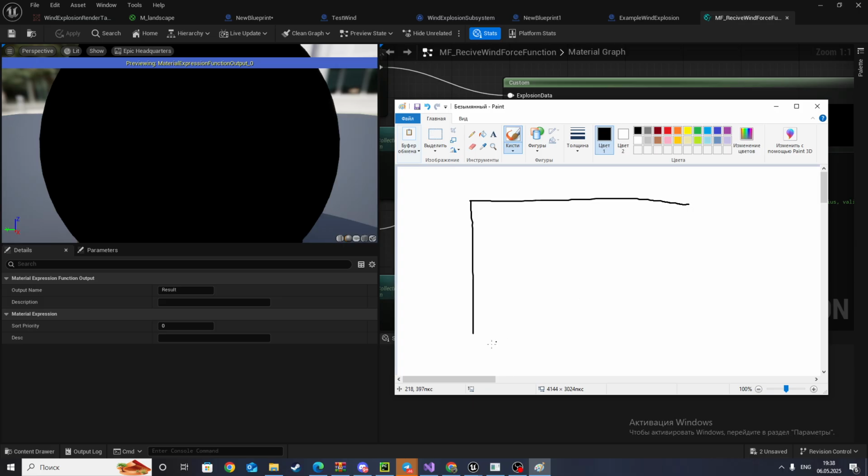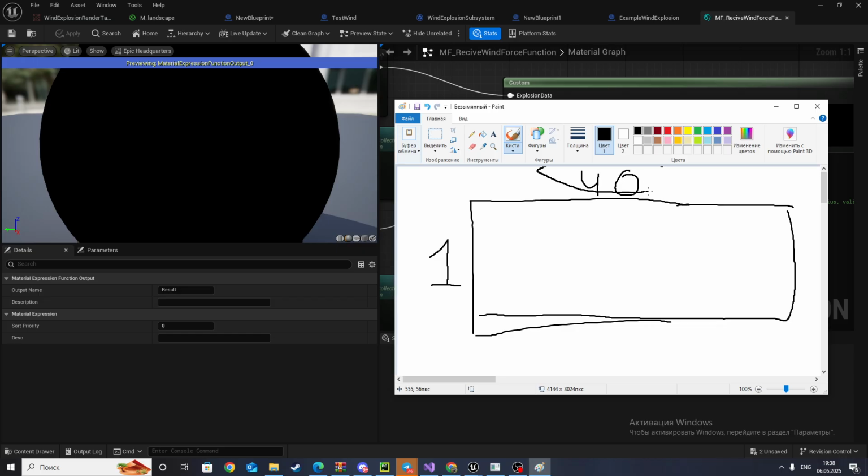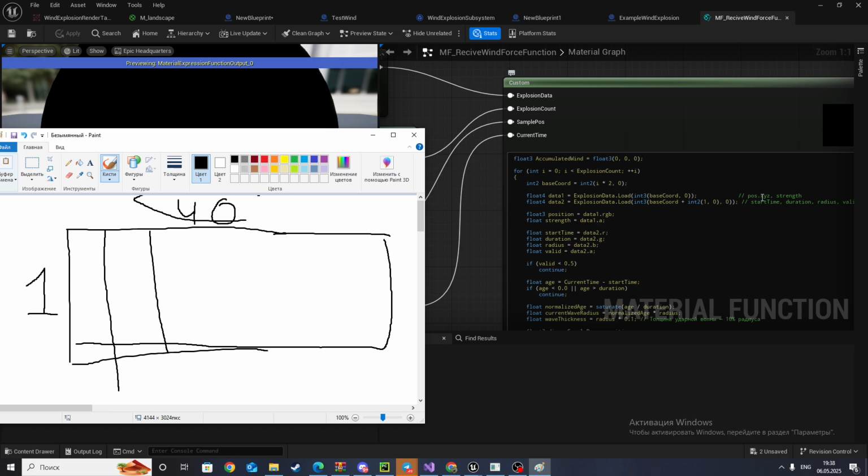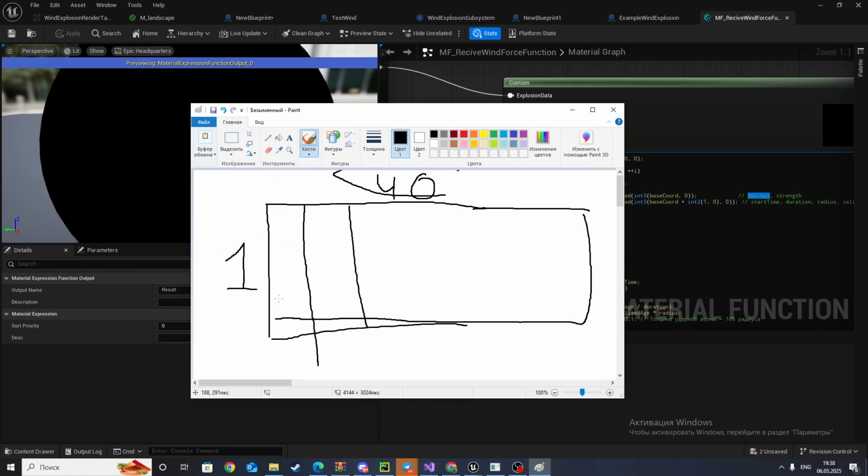We have a texture. It's one big texture with 0 pixels here and as many pixels as you want here. I have only 40 pixels. Every pixel in this data collects information about our explosion. For example, the first pixel has 3 channels to set up the position of the biggest explosion, and 1 channel to store the strength, and the second pixel